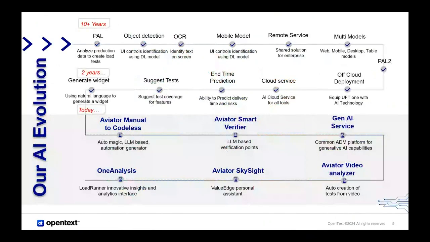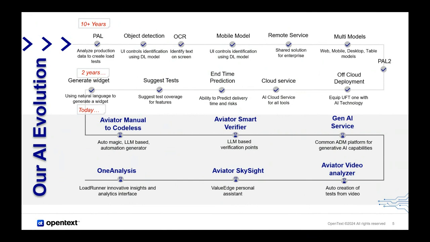Now, very briefly, some of what we're doing. I think one of the hot topics out there is the AI evolution. One of the key things to say here is that OpenText technologies and our history are not something we've jumped on with the introduction of Gen AI. We've been in this AI evolution for over 10 years, from the early points where we used product data to create loads and tests, with power object detection, OCR, remote services, multi-models. All of this has been there for a vast volume of time,